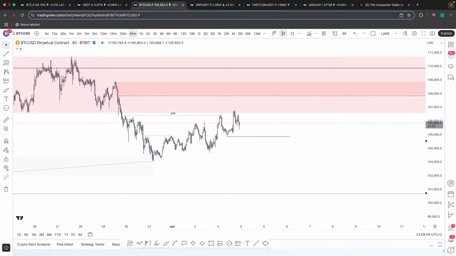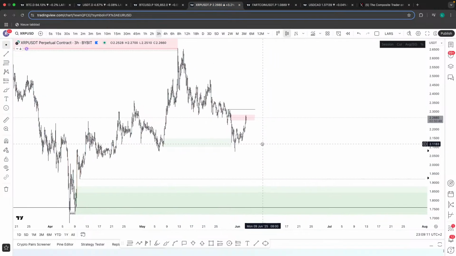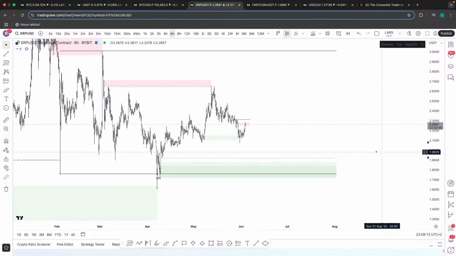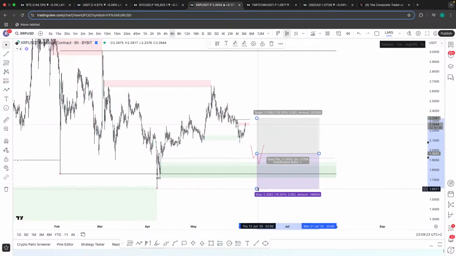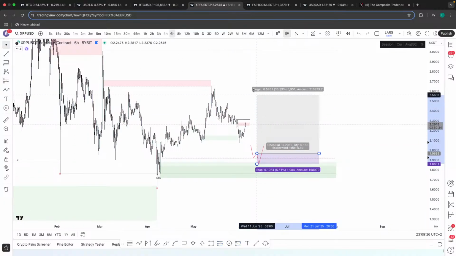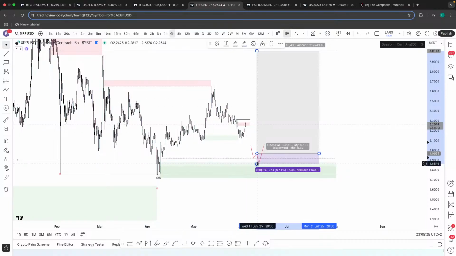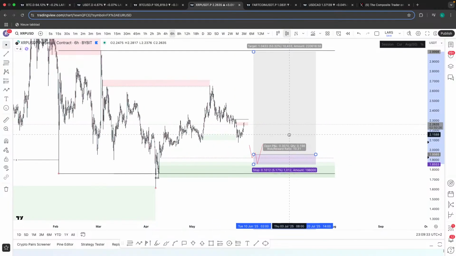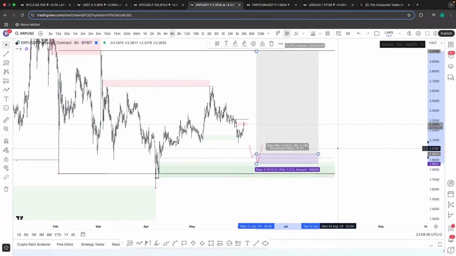$1,000 with 20x on XRP from 1.9 to 3 will give you 10K at the top of the range. Yeah, but that doesn't matter. Just apply risk to reward. So let's say we come down here, let's say we do something like this, okay? And you get a breaker structure, and you enter on the breaker structure. Focus on the risk to reward. Stop loss goes here. Target is there. Let's keep it simple. Right here, the risk to reward is 10. Whatever you risk on this trade, the reward is 10x that risk.